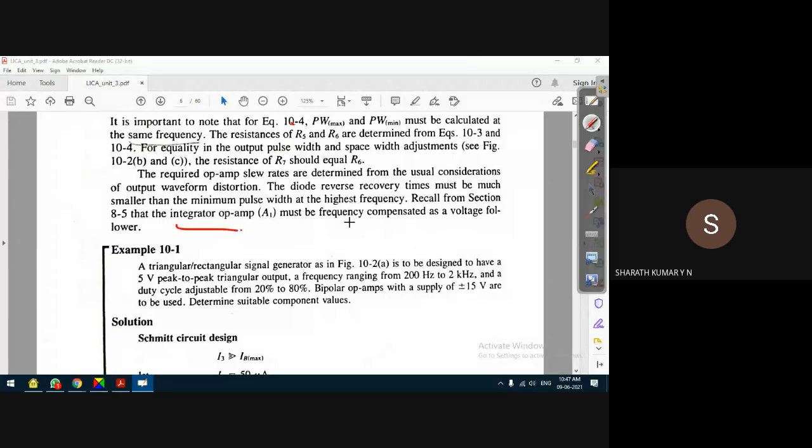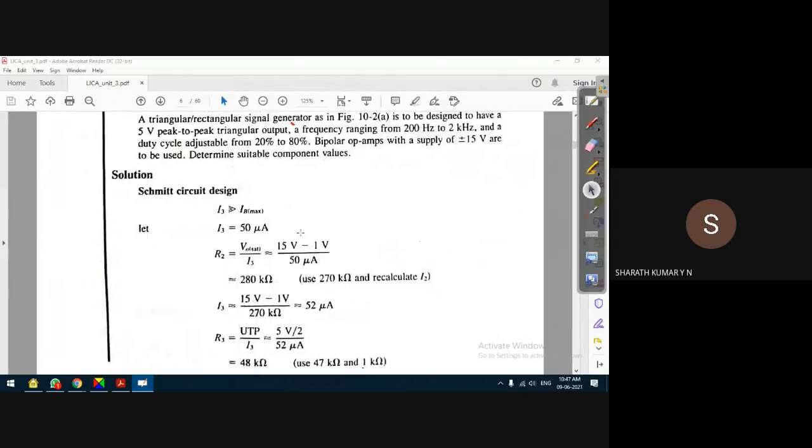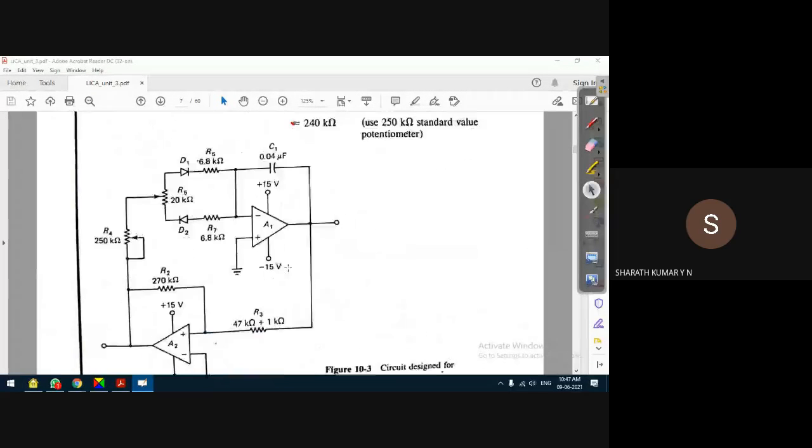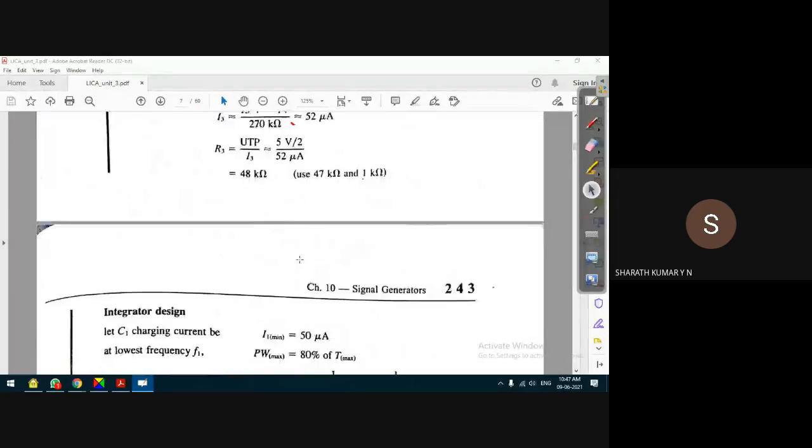Okay, fine. So don't worry about this last statement. That is for the compensating network, which we are not going into now. So we are not discussing compensating network. Okay, let us look into one simple example. I think this takes 5 minutes, so I'll try to wind up as early as possible.